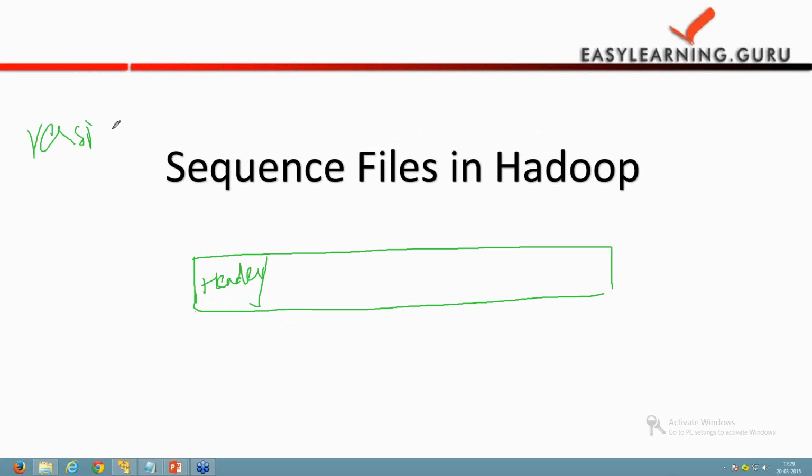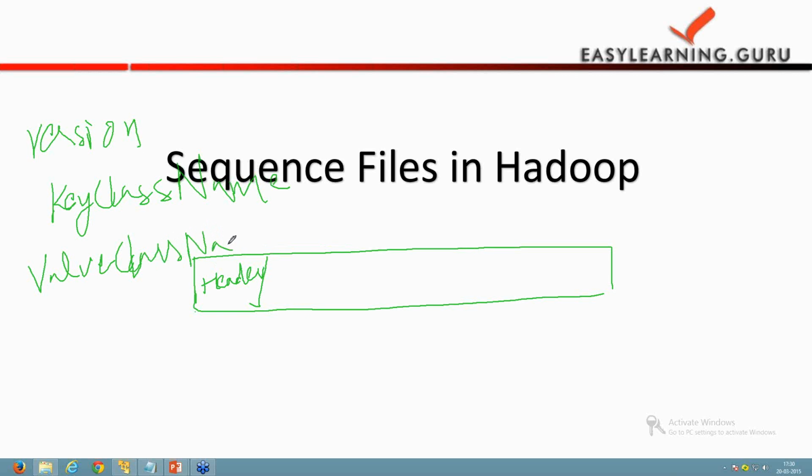It contains a version, key class name, value class name, whether the data is compressed or not, the is-compressed boolean value, and another one is the compression codec, metadata and sync marker.